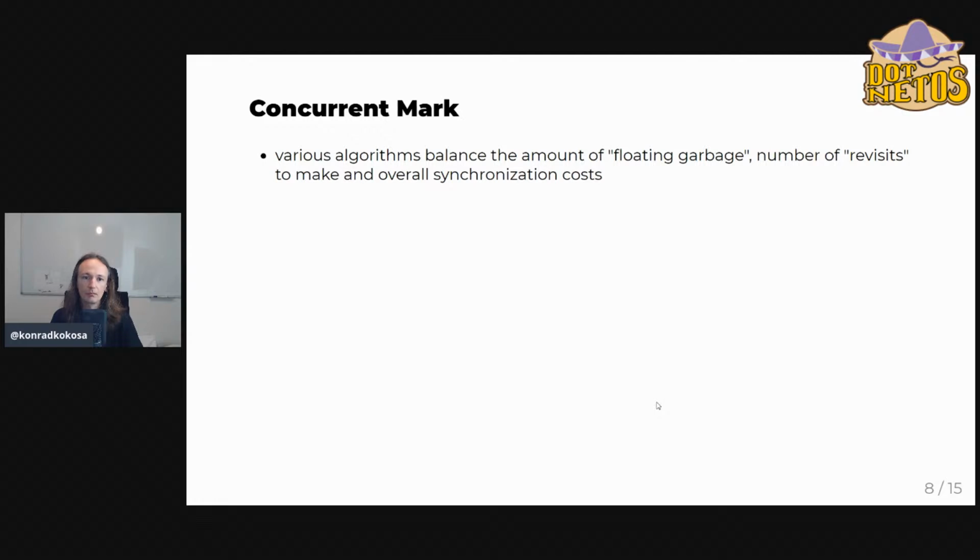So various algorithms we can imagine here to balance the amount of floating garbage, the number of revisits that need to be made, and overall synchronization cost, for example, what data structure we use to keep all those modifications in objects. And probably books can be written about that, but I will just describe the solution taken by .NET. And for that, in case of the .NET GC implementation, we are using